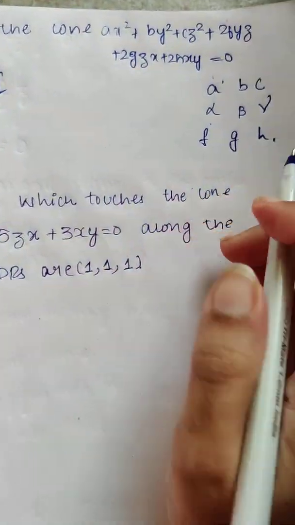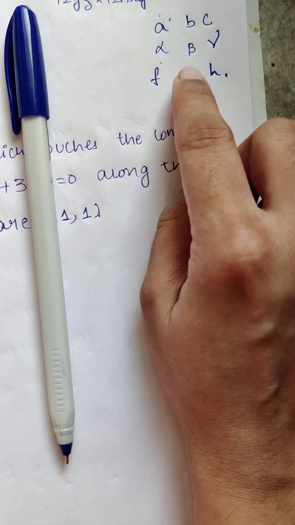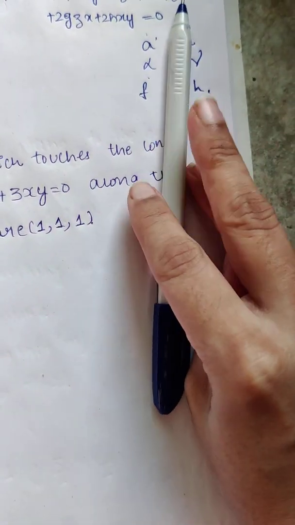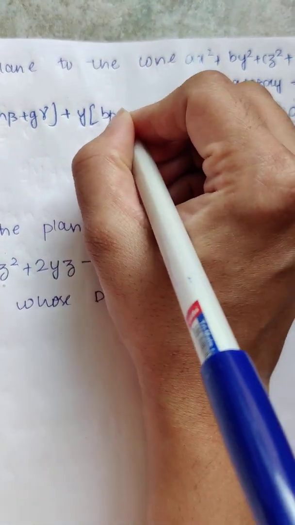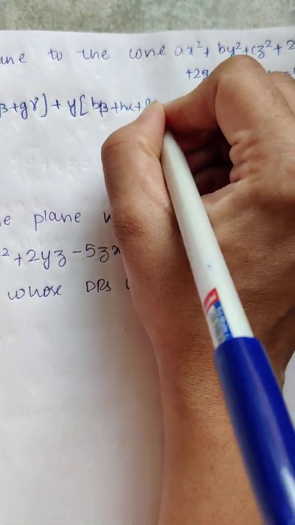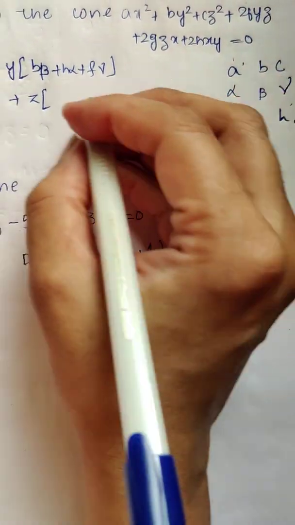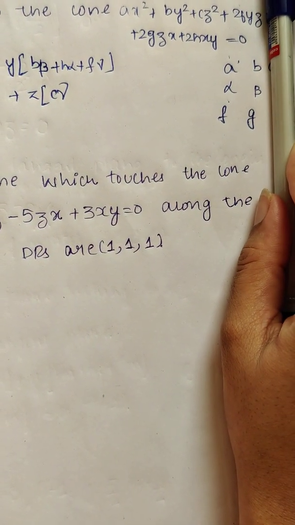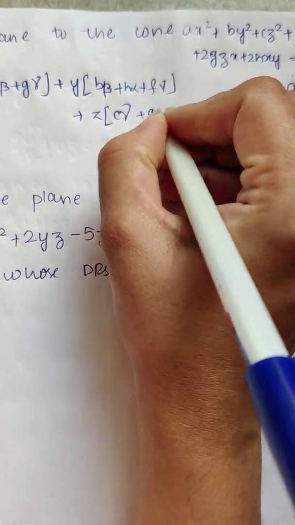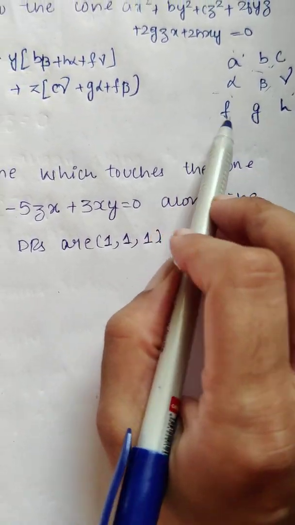Similarly, the coefficient of y is B beta, then hide this, so it is H alpha plus F gamma. Then for z it is C gamma, and hiding this one, it is G alpha plus F beta. So I just have to remember this form: A, B, C, alpha, beta, gamma, F, G, H.